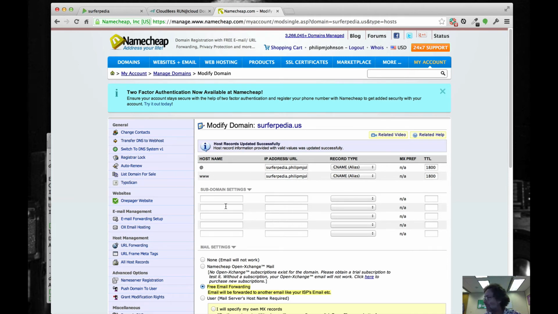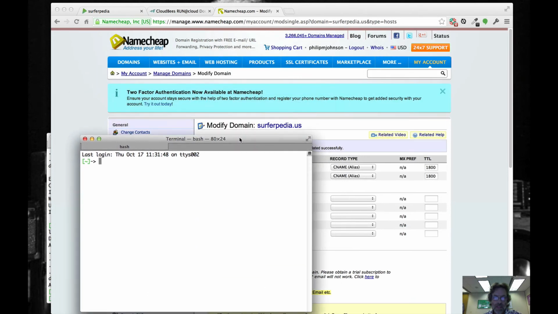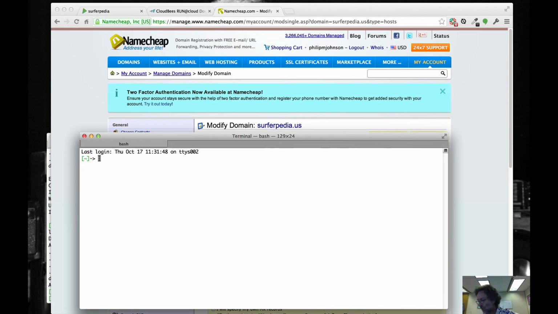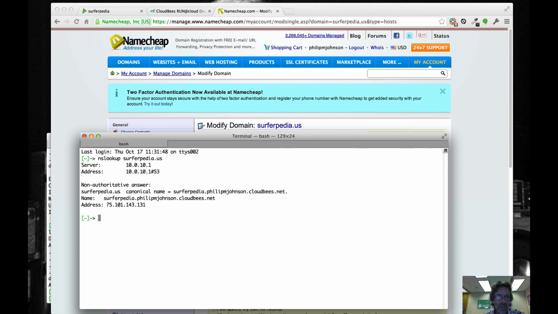Okay, so having done that, what we want to do next is do an NS lookup to see when our surferpedia.us is actually pointing at the, okay, it's already working. All right, so just in a few seconds, we see now that surferpedia.us is pointing at our Surferpedia CloudBees instance. So the only remaining thing we need to do is we copy this, and now we